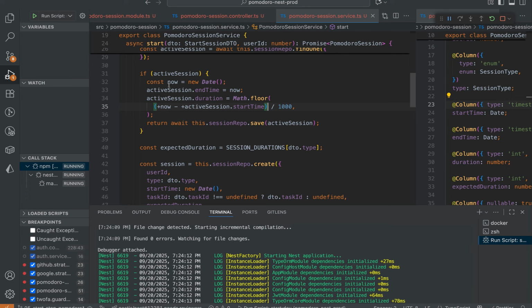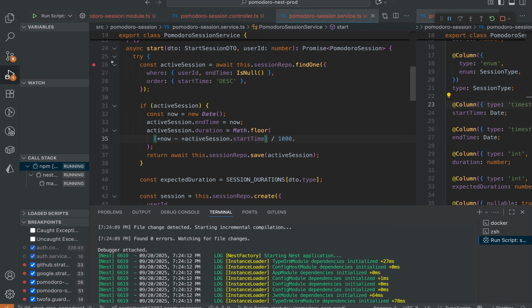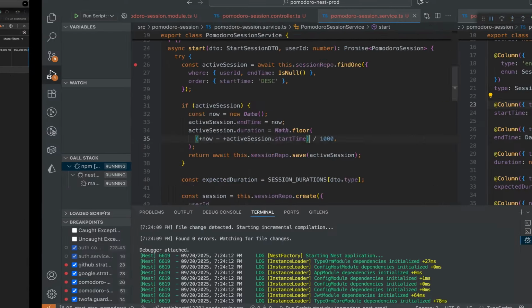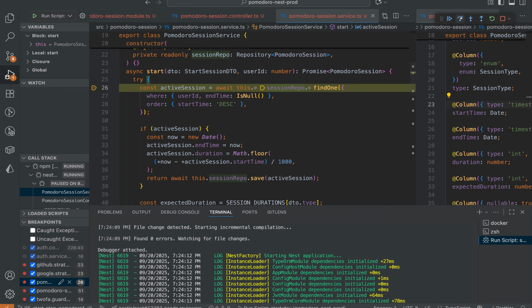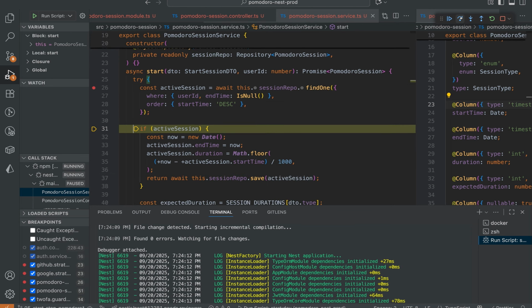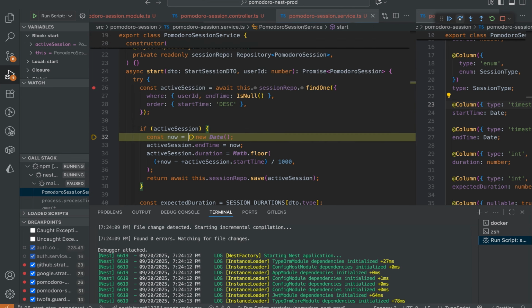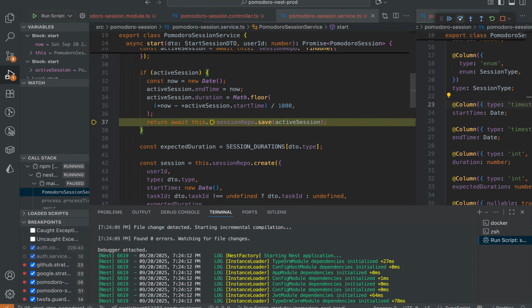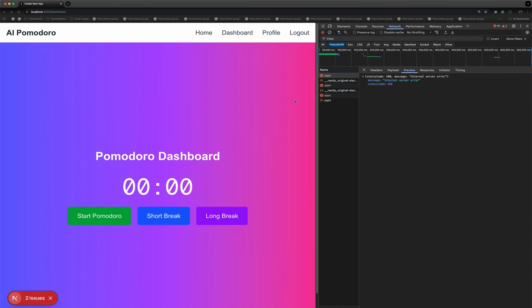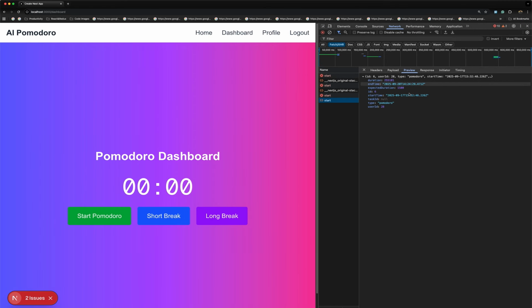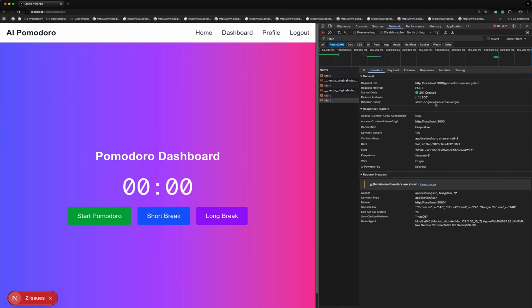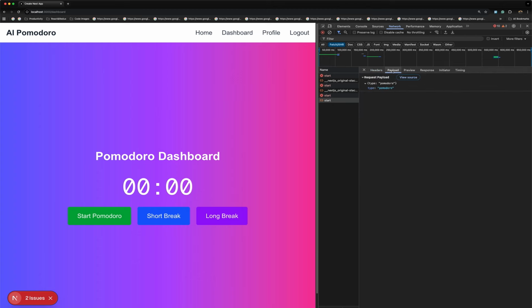I'm also running the project in debug mode. I put the breakpoint here. Now I'm going to start the session. It has stopped at my breakpoint. It's going to find the active session. I'm sure there will be an active session. And now it's going to set the session date. Now we should see the session should be started. We got 200 response from the session, the payload response 201, which means our API has successfully